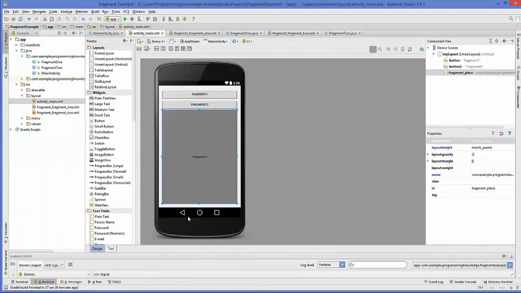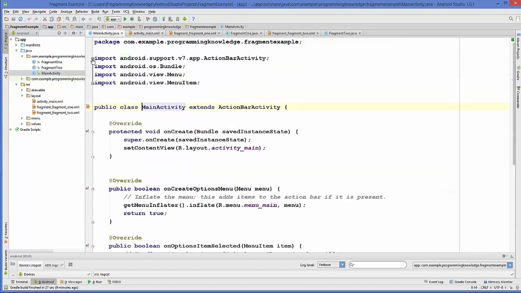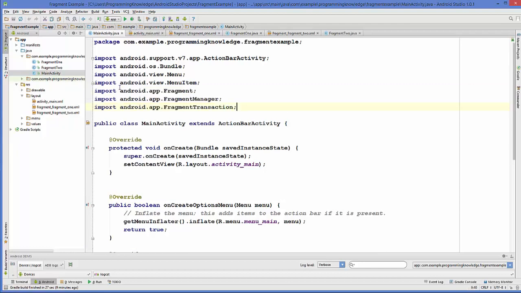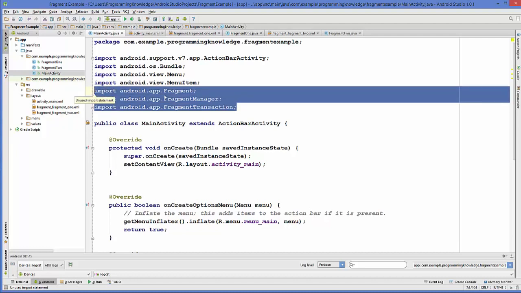So let's add some code to our MainActivity.java file. Go to the Java folder here and then go to MainActivity.java. In here, first of all, we need to import some libraries to add the fragment manager and fragment transaction. Just import these three libraries, which is import